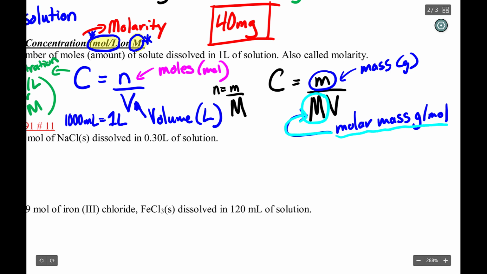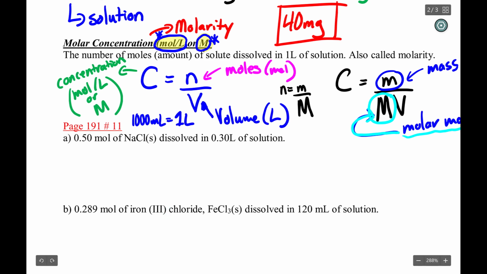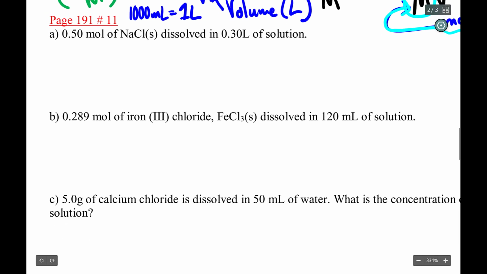Now, we know that molar mass is calculated using the atomic masses on our periodic table, and I'll do a quick review for maybe one or two of the questions, but it is previous knowledge. So what we're going to do is a series of equations, and we're going to start with easy ones, and we're just going to gradually build up the difficulty. All right, so the first thing,